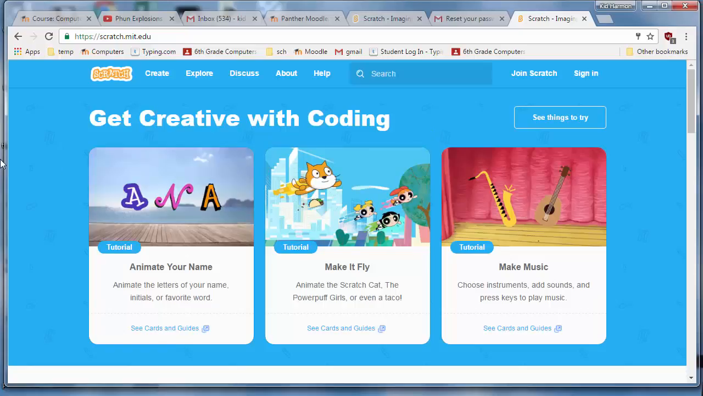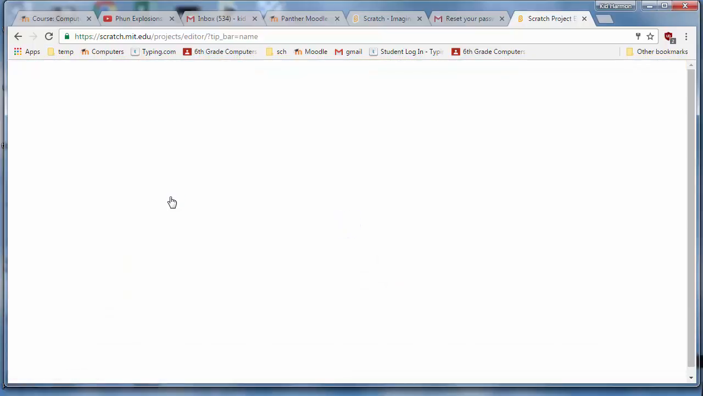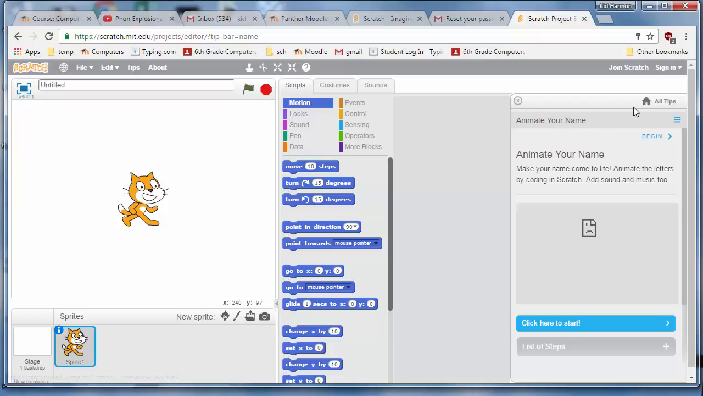Hey ladies and gentlemen, in that first lesson I had you sign up for Scratch. Now let's actually do something in Scratch. I would like you to click on the tutorial, animate your name, and when your screen pops up you'll notice